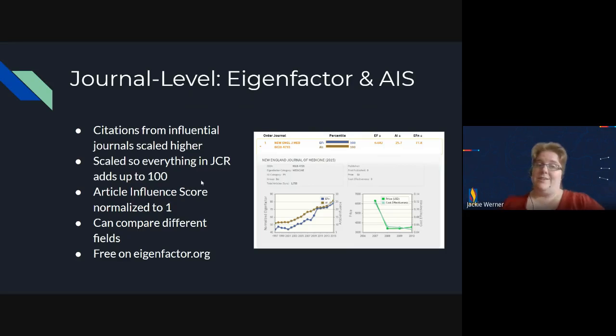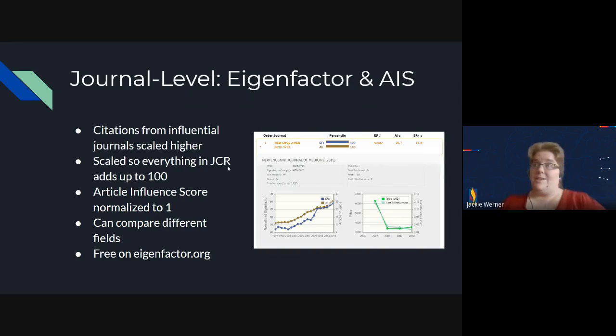And interestingly, this is scaled so that the Eigenfactor of every journal in Journal Citation Reports adds up to 100. So, for example, New England Journal of Medicine here has an Eigenfactor of 0.682. This means it has 0.68% of the influence of all journals combined in Journal Citation Reports.